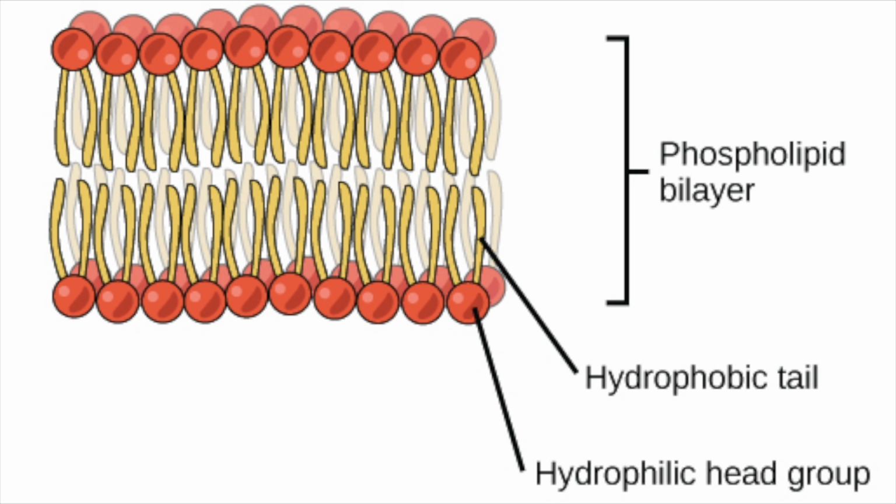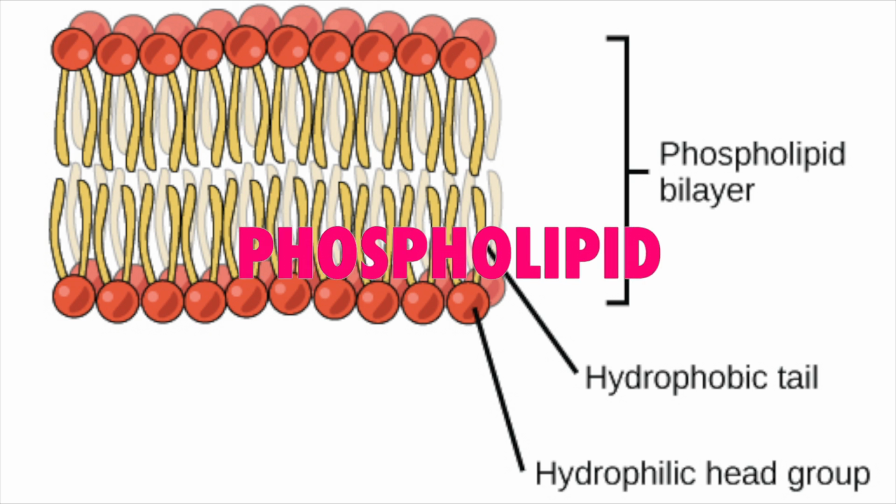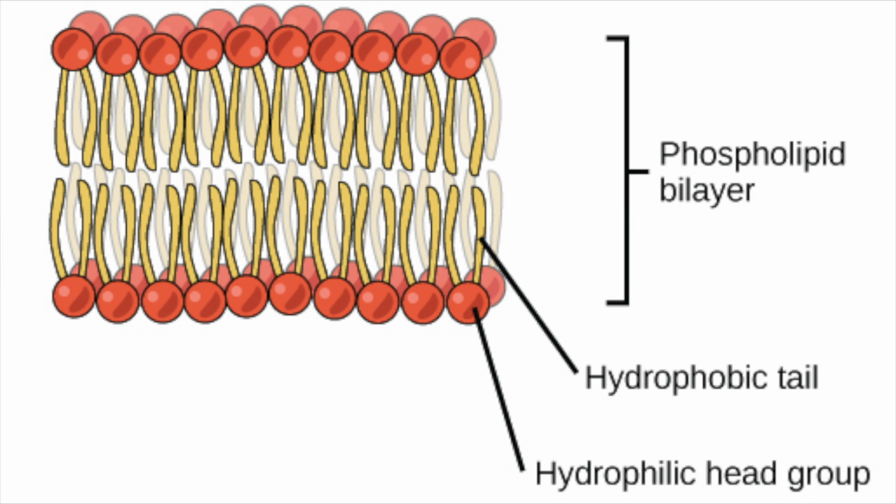The membrane is composed of phospholipids, and there are two layers, hence phospholipid bilayer. A single phospholipid is composed of a phosphate head and two hydrocarbon tails. The tails are hydrophobic, meaning they repel water, which is why they are found on the inside of the membrane. The phosphate heads are hydrophilic, meaning they are attracted to water, which is why they are found on the outside